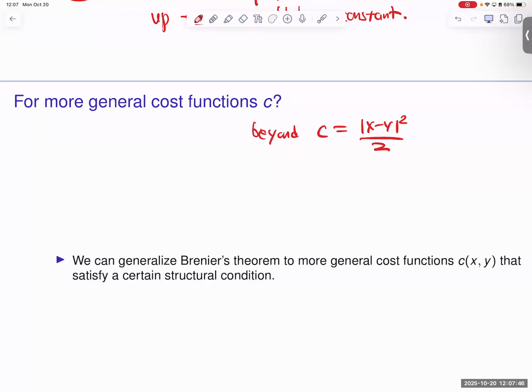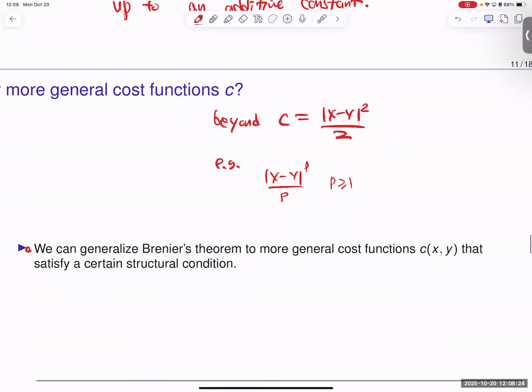But of course you may ask many other questions. What if you have a different cost function? In particular, what if you consider not just Euclidean space, but Riemannian manifold or some other metric spaces, or just simply some other cost function even on the Euclidean space. There can be many other useful types of cost functions. In particular, you can easily consider the power cost function, and others. And then the message is we can generalize Brenier's theorem to more general cost functions